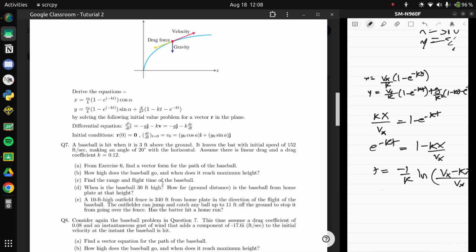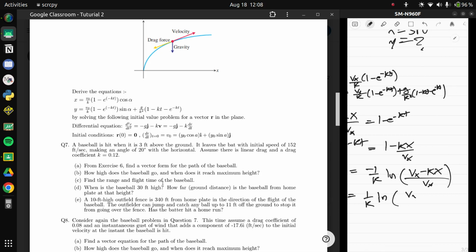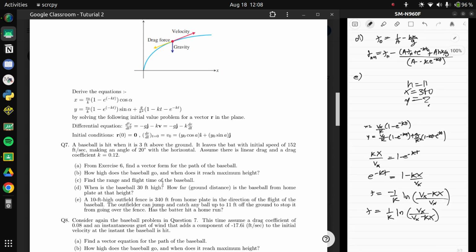What's this going to lead to? Sure, so just t equal to 1 upon k, natural log of vx upon vx minus kx. So you got the value of time. From that you can figure out some stuff. So what you want to figure out is